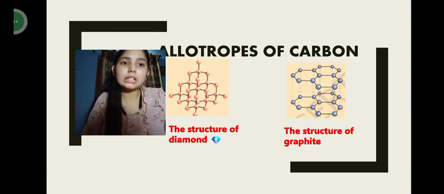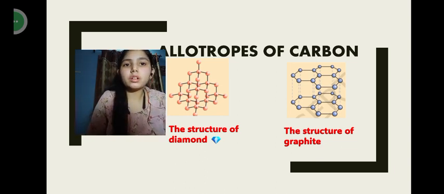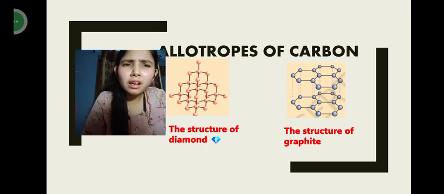Okay, graphite contains double bonds. As you can see, diamond is forming a three-dimensional structure, a net-like structure. But there is something special about graphite. As we look at its structure,